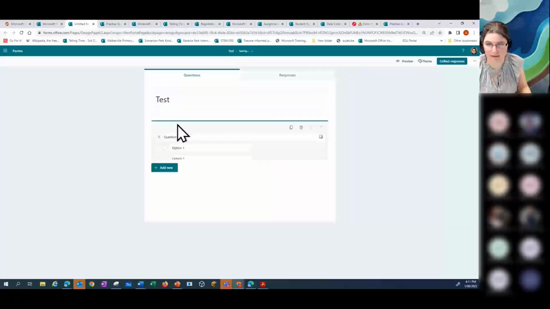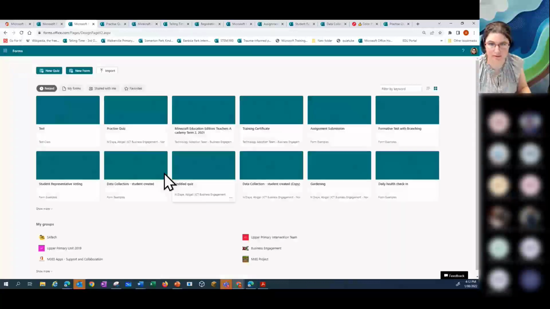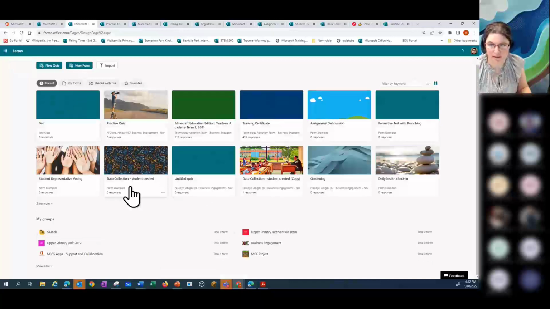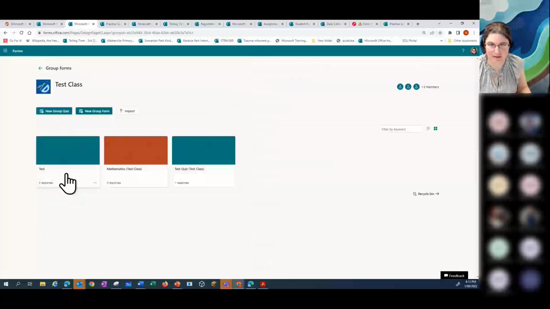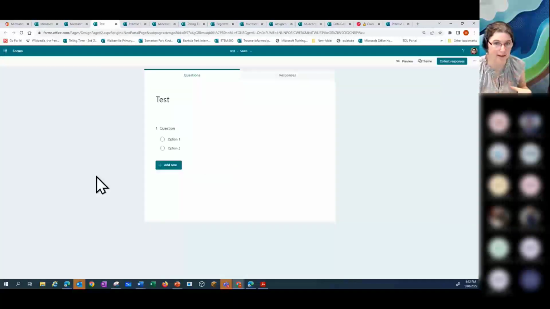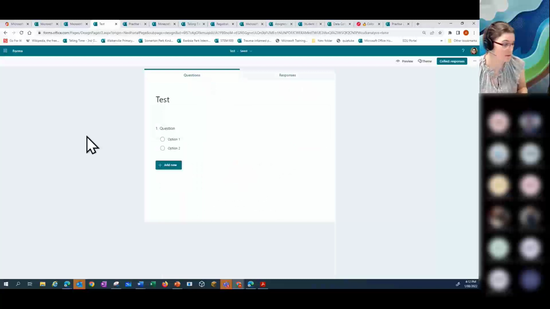test. Okay, and then go back to forms. If I go back into that group again, if I can find it, test class, that test form is going to live there. However, that means that all the people who are in this test class will be able to access the responses here as well. So if you're wanting students to fill out a form because they're part of a class team,